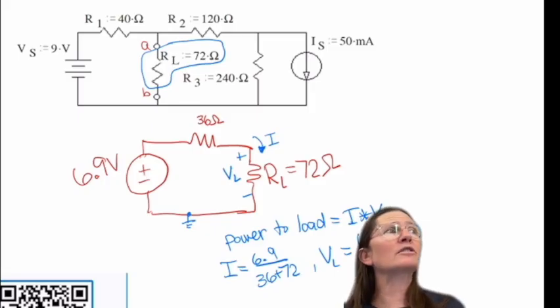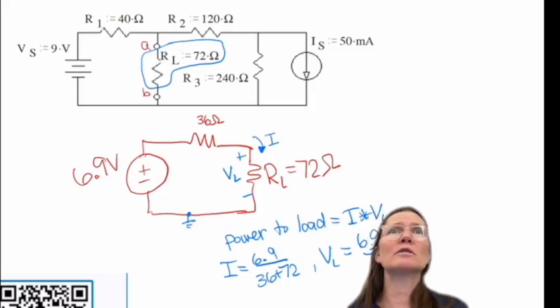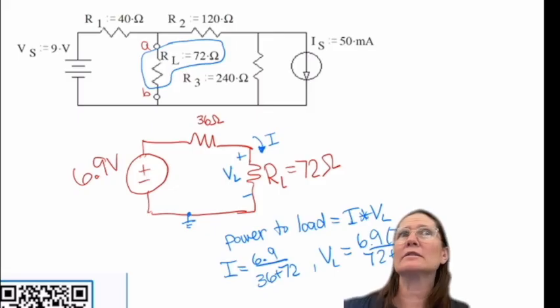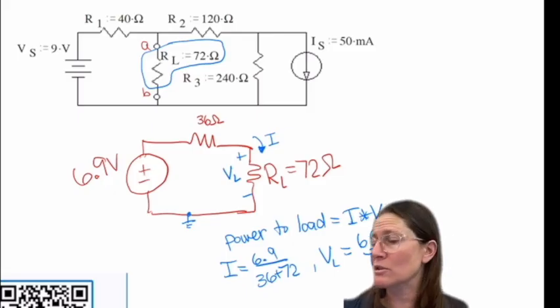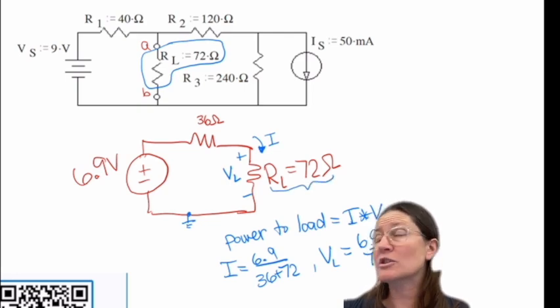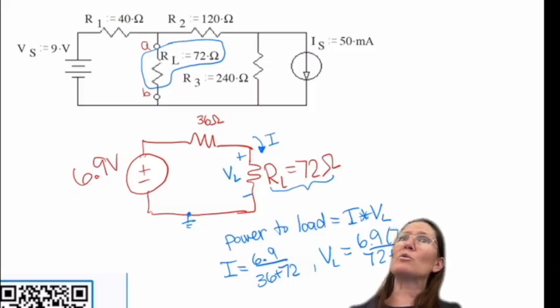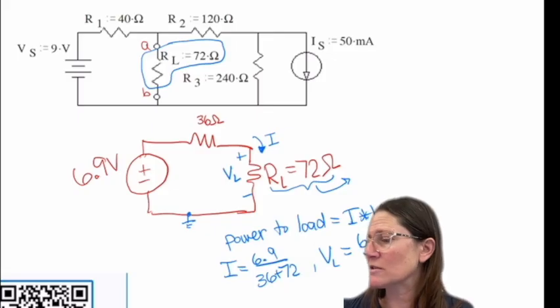Okay, is this going to deliver the maximum power? Is that load going to be able to draw enough power to give you the maximum? I'm seeing no. No is correct. Why? What would you have to do to the load resistor to get maximum power? We would need to lower it. The closer it got to 36 ohms, the more power we're going to get. And that's going to give us the most at 36 ohms. So changing this,